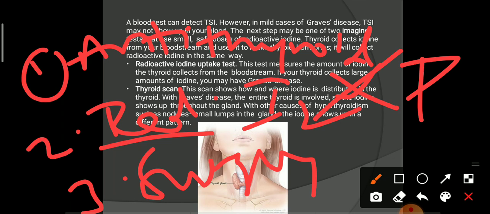Surgery. For people suffering from diffuse toxic goiter and toxic nodular goiter, surgery is the main option. Before going into surgery, we give Lugol's iodine or KI. It keeps the thyroid gland firm, and it also helps prevent recurrent laryngeal nerve palsy. So before surgery, it's better to provide Lugol's iodine or KI so that the thyroid gland will be firm.